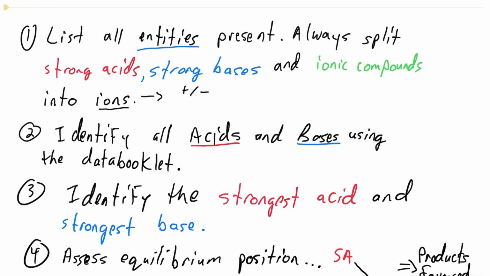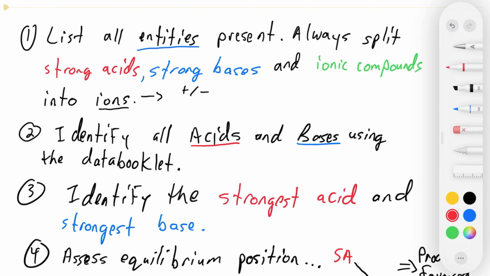Once we have all our ions listed, then we're going to identify all the acids and bases using the data booklet. Remember that the left side refers to the acids, and the right side refers to the bases. Now, once we have that,